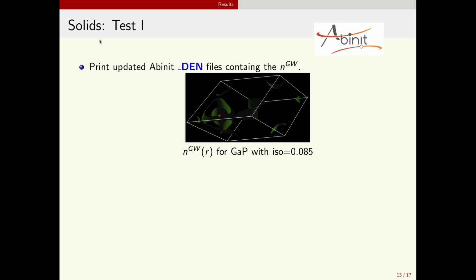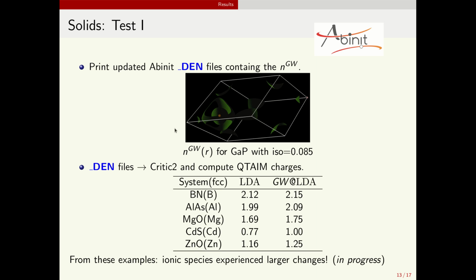Now let's move to solids. In the case of solids, we have worked with the Abinit code. We have implemented this update of the density matrix, and we also implemented the printing of DEN files, so we have access to a visualization of the new density. But we could also pass these DEN files to any code like Critic2, for example, in order to compute Bader charges. So here we have, for example, the charges computed for a series of systems